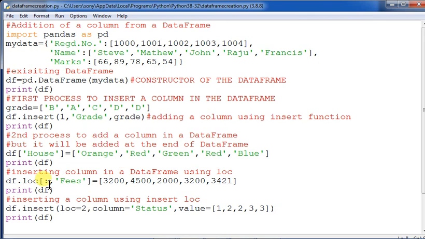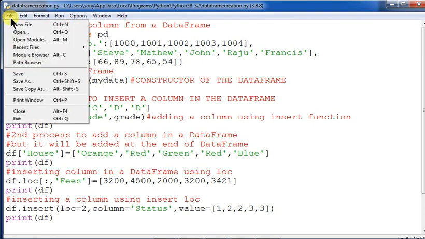The similar thing will happen when you give df.loc in such a way. So after the house, the fees will be inserted, and inserting a column at a specified position using loc. Okay, that is the thing, using insert and loc. So this combination also is very much applicable whenever you are inserting a particular key. All right, that is the thing.